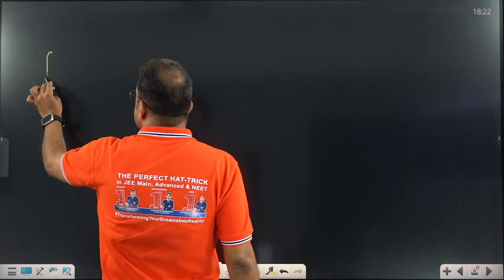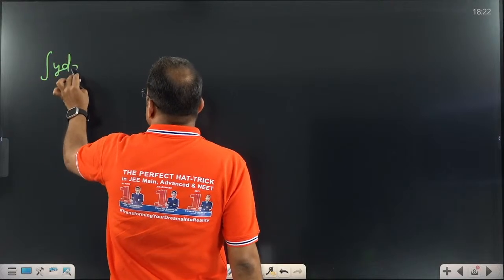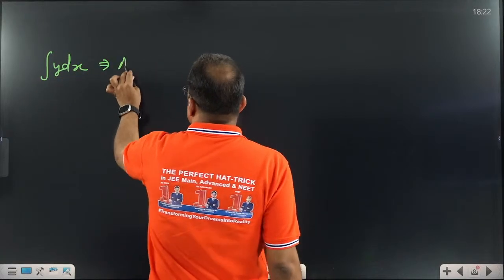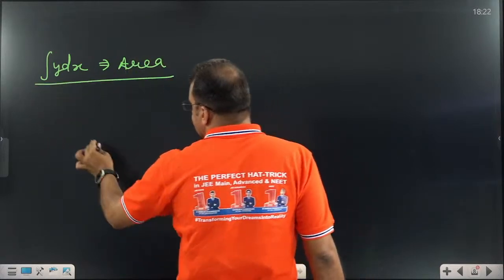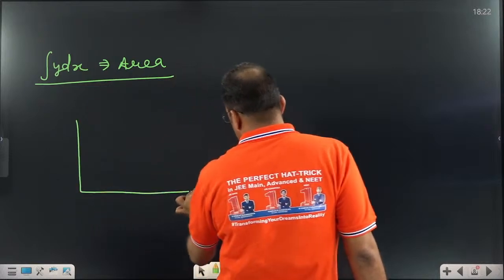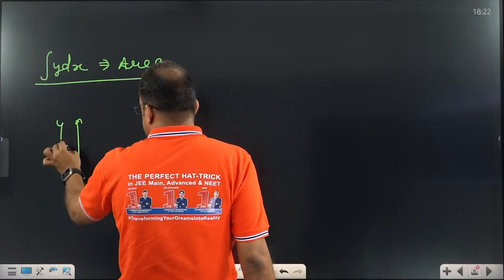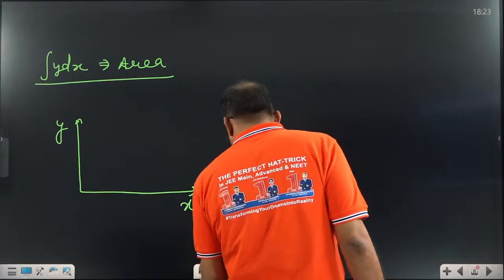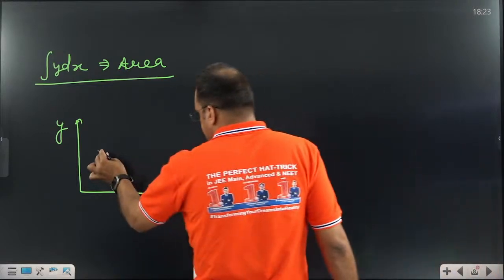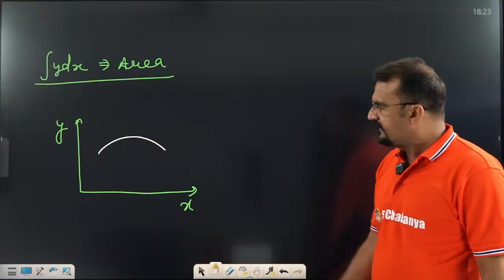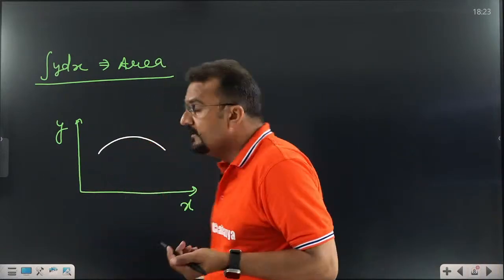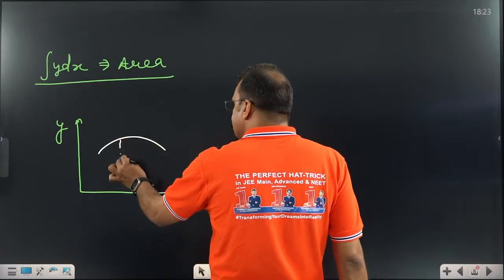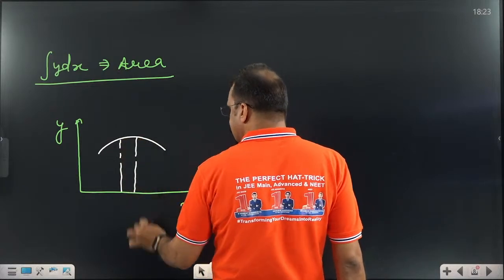What is the meaning of this one? First, remember, what is integration? It means area. What do you mean by this, sir? The meaning is like this. You know, this is the y and x. Let us assume one graph, one curve is given like that. If someone asks you to find its area, we are unable to find this area. Then how to find it? To find this area, do one thing. Take one part like that, yes or no.